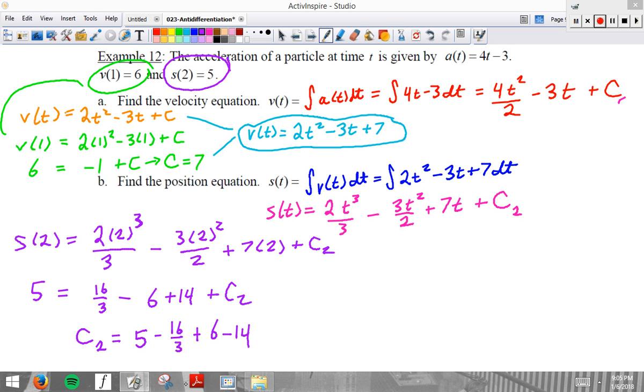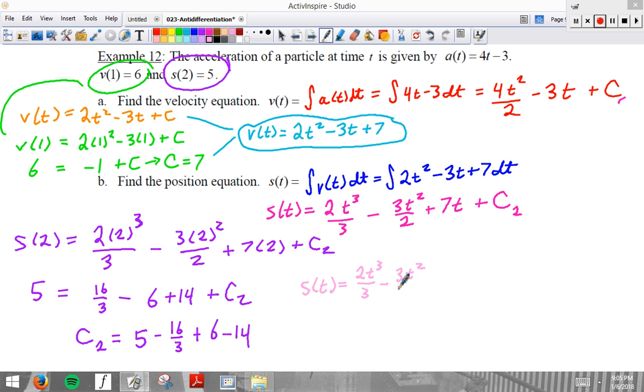You don't get any points for simplifying that. You probably waste time. It's even worse if you waste the time simplifying it and then simplify it wrong. You've hurt yourself twice. So just be careful. What I'm trying to say, it is totally fine to write S of t equals 2t cubed over 3 minus